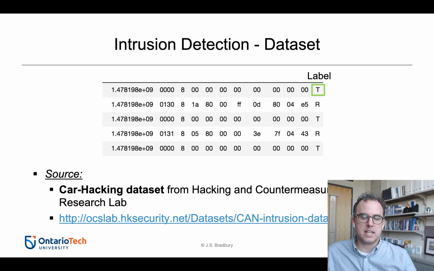Then the very last thing here is a label. And this is important because the label allows us to determine the difference between a real message and an injected message. They label messages that are from the system, generated by the vehicle, and label the messages that they actually attack. For example,